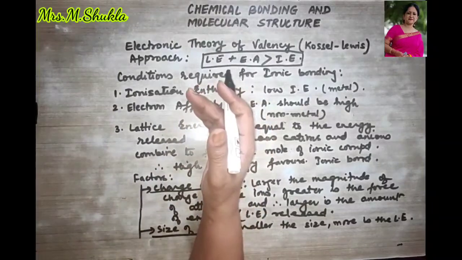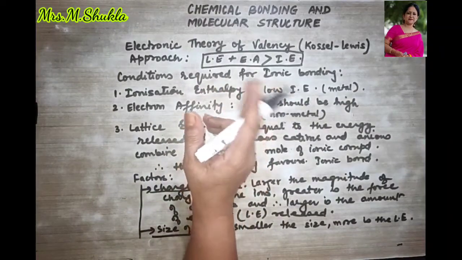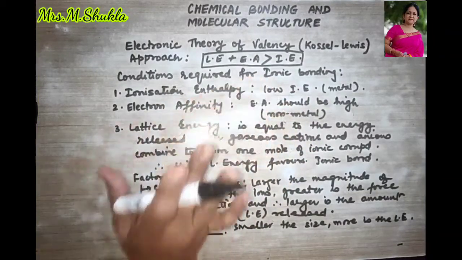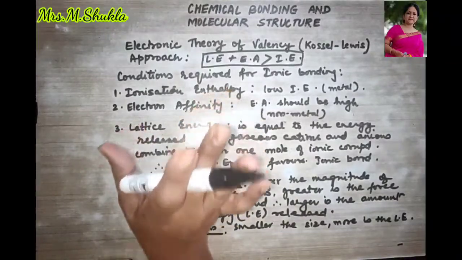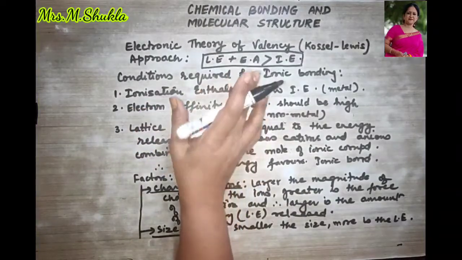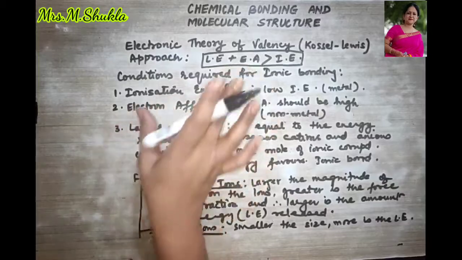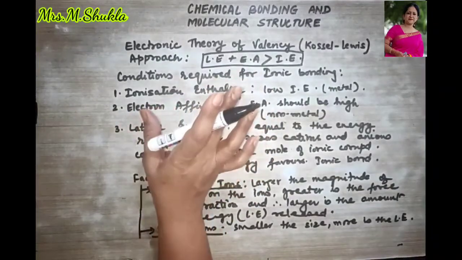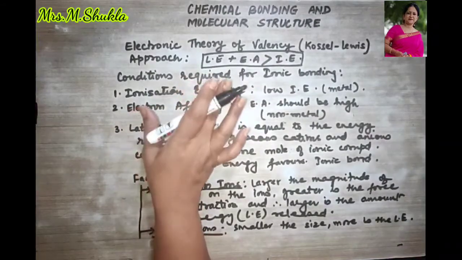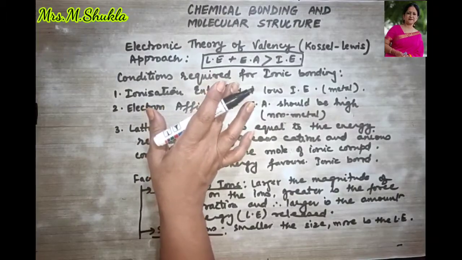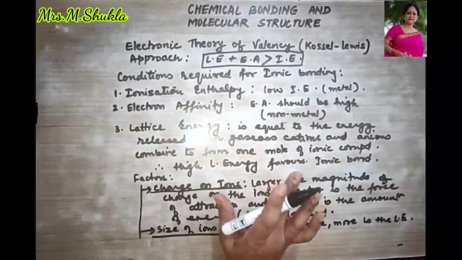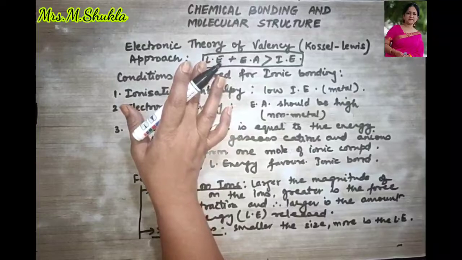So, greater the electronegativity difference between the 2 atoms, higher will be the possibility of your ionic bond formation, right? No bond, remember, is 100% ionic. If I am giving you an example of cesium fluoride, I do not expect you to understand that it is 100% ionic, right? Some percentage of every ionic bond has a covalent character as well. So 99% it is ionic, but 1% we can say that it also exhibits covalent character.